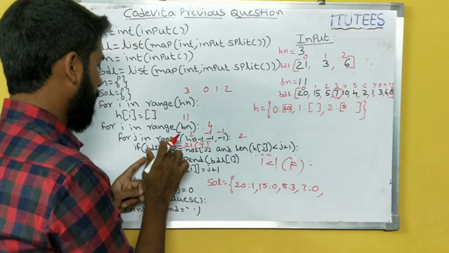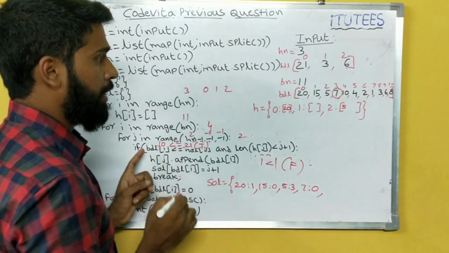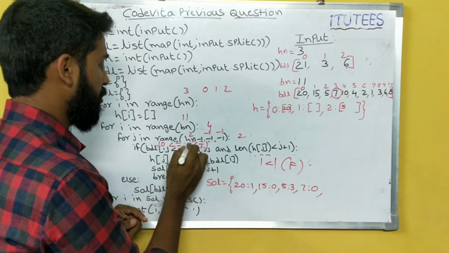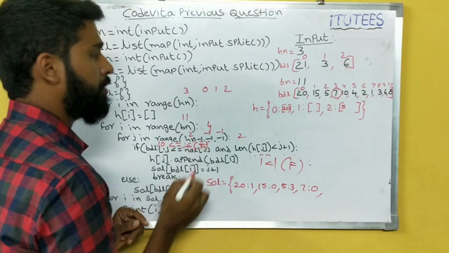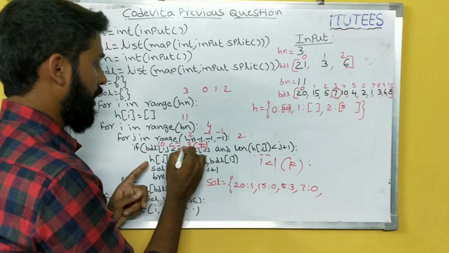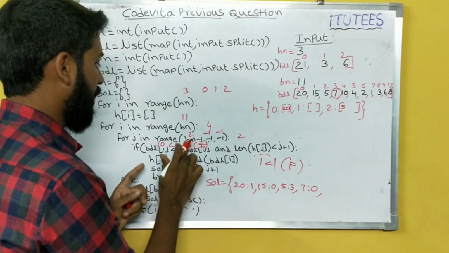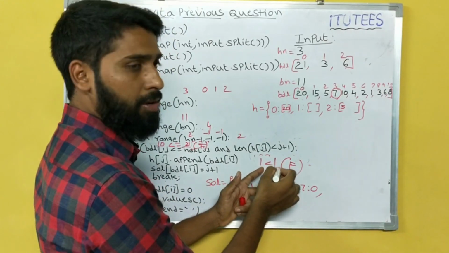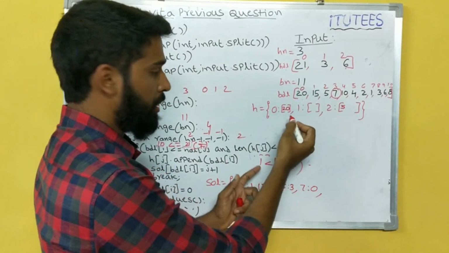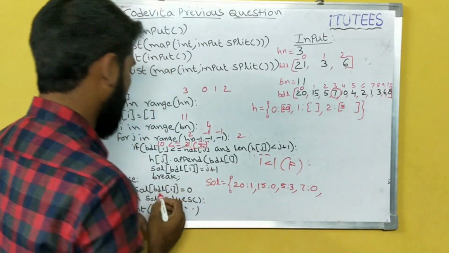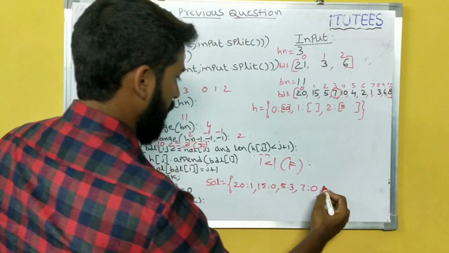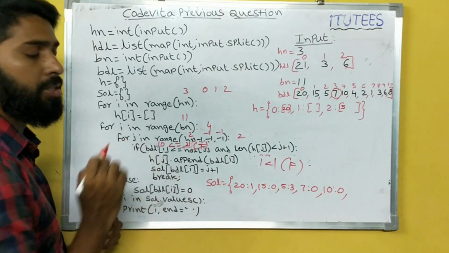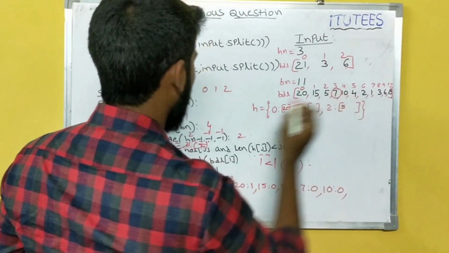What is the value? 10. 10 less than or equals to 6. False. Next 10 less than 3. False. 10 less than 21. False. We go to here. We check the length. 1 less than 1. We accommodate only one ball. It is also false. So again that reaches E and is initiated with the 0. The next I becomes 5.